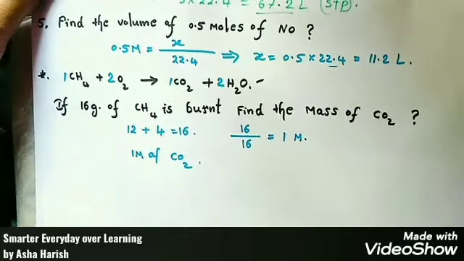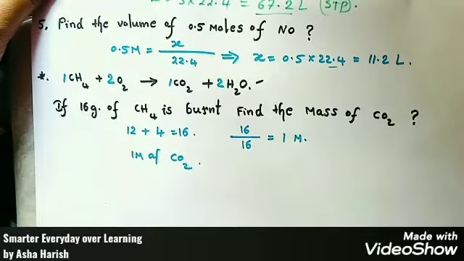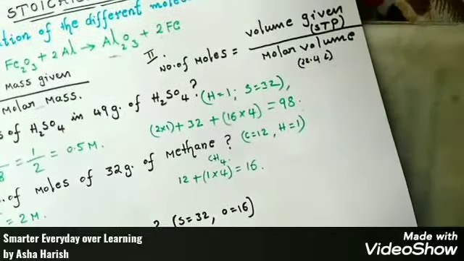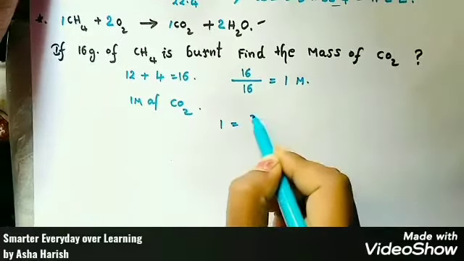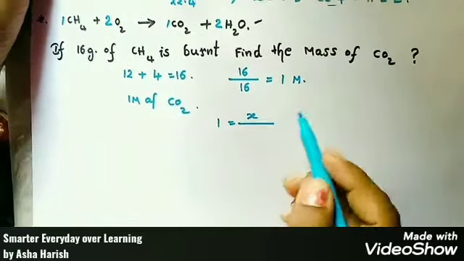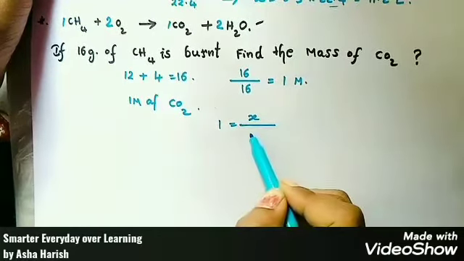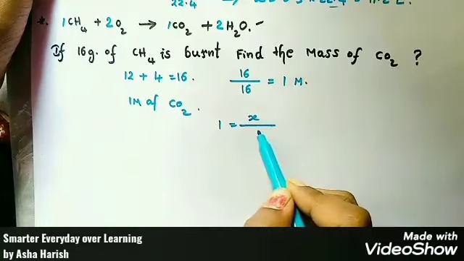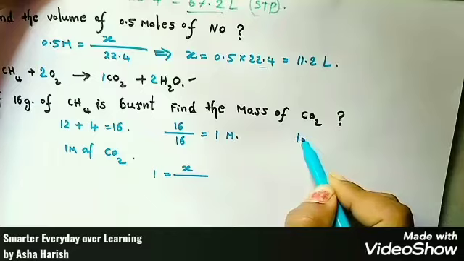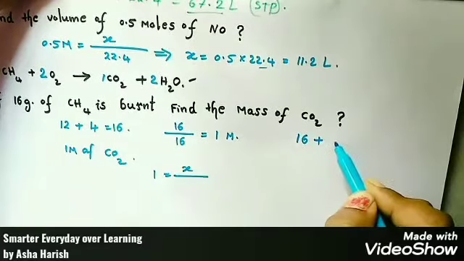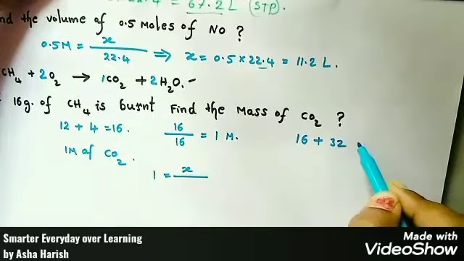Then students, you have to find out by using volume. See students, the second formula: volume given by molar volume. By using that, you can take the volume as 1 mole, and you have to find out the molar volume. So here the number we should calculate for CO2 also, the molecular mass: for CO2, carbon is 12, plus oxygen 32.